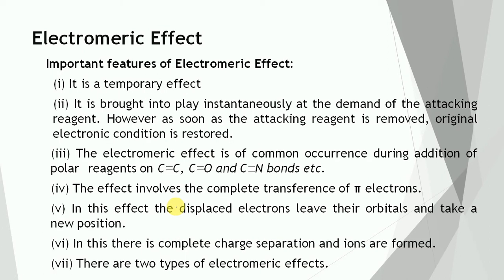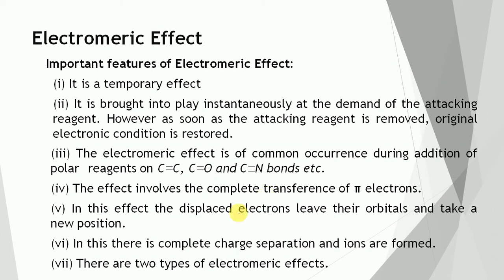Important feature of electromeric effect: it is a temporary effect. It is brought into play instantly at the demand of the attacking reagent. However, as soon as the attacking reagent is removed, the original electronic condition is restored. The term electromeric effect is of common occurrence during the addition of polar reagents on a carbon-carbon double bond, carbon-oxygen double bond,